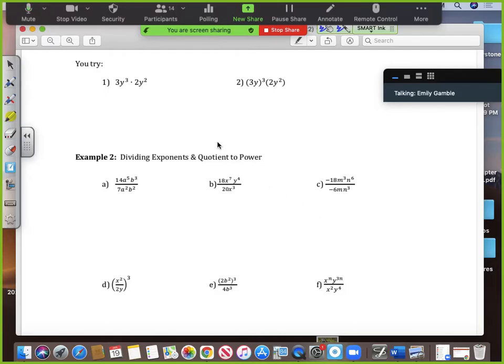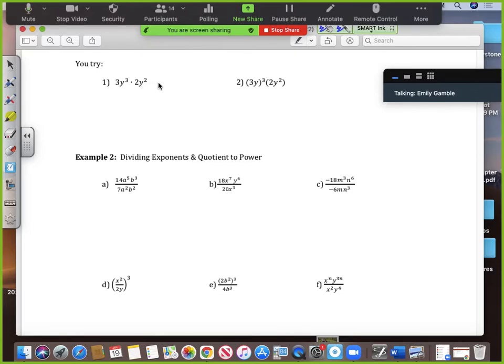But if you ever have two of the same bases, meaning you have two of the same exponent bottom parts, like the same variables at the bottom, those can be combined using one of the rules. So looking at these two problems here, the first one, I automatically look to see, are there any parentheses in the problem? And if there are parentheses, are there any exponents that need to be distributed to anything on the inside? Well, this one doesn't have any parentheses, so I know that I don't need to use a power to